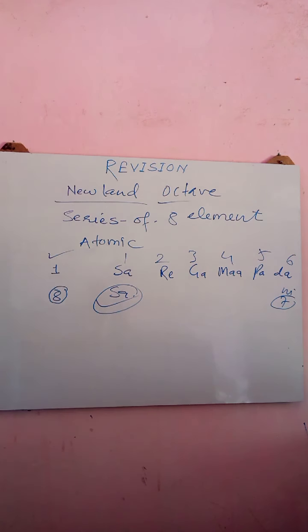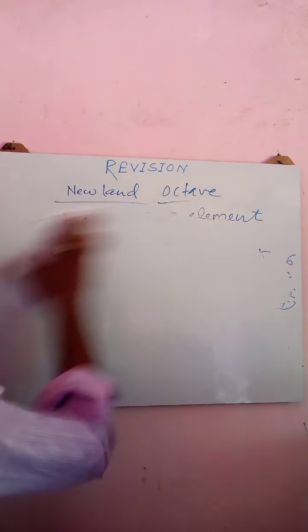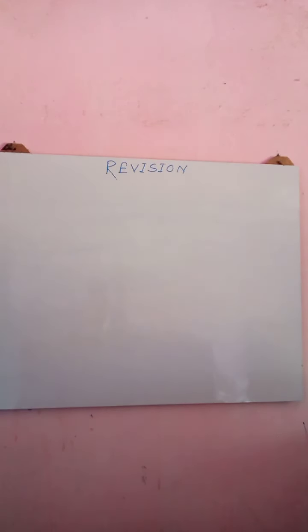It was not enough. That's why it was discarded. Actually, this classification was not applicable beyond calcium. Okay? Sometimes in examinations it is asked which classification of elements was not applicable beyond calcium. So your answer will be Newland classification. If you talk about the drawback of Doberzner, Doberzner's classification was not applicable for all the elements. That's why it was discarded.